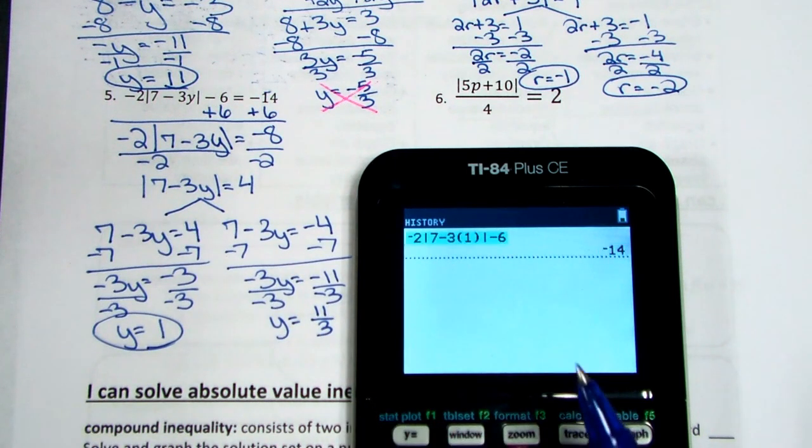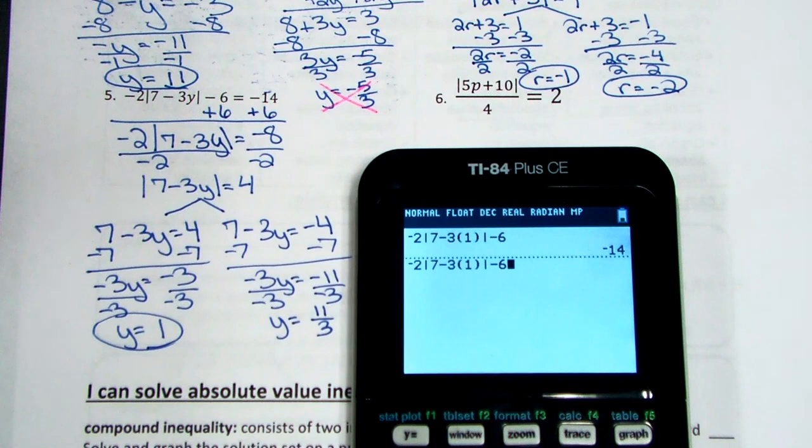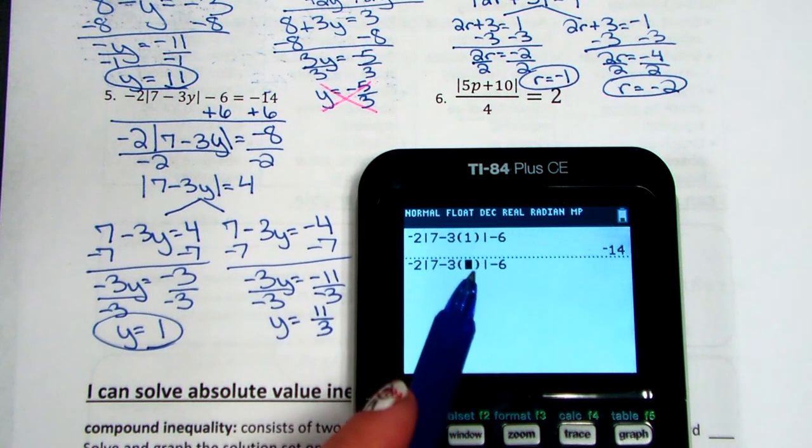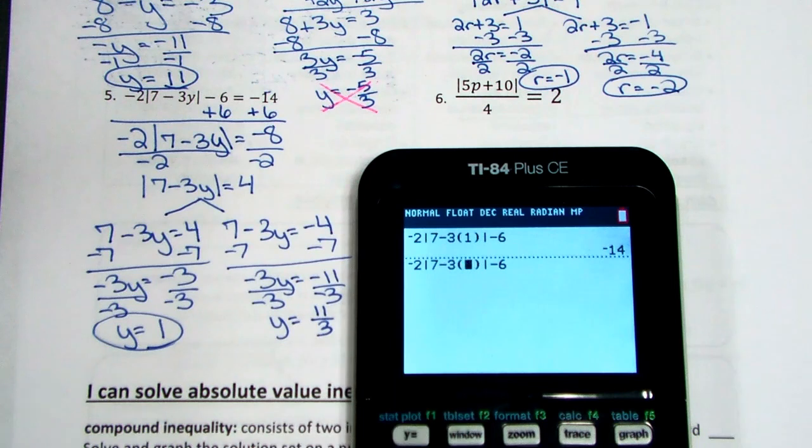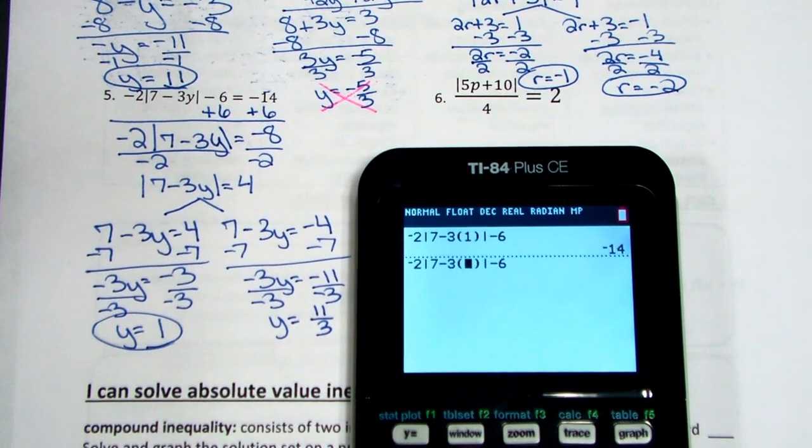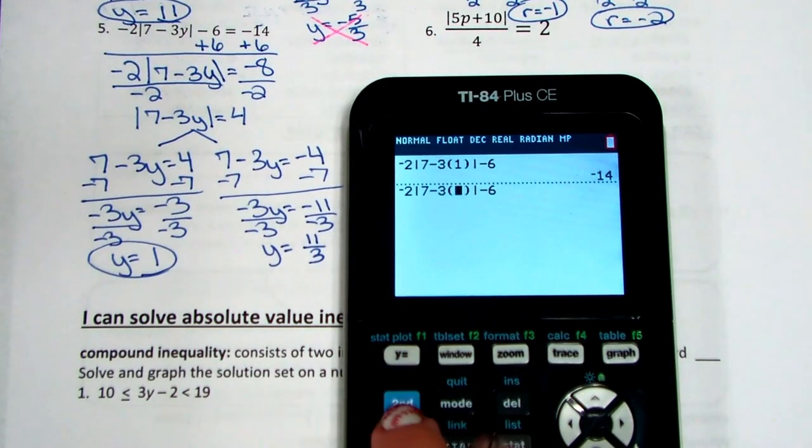We can type it all in again or go up and use your copy and paste feature. But please look, because now we're inputting something that's bigger than just 1. It takes up more spaces. So we have to actually use second, and it's the insert button. Second, and this insert button will allow me to type more things into this